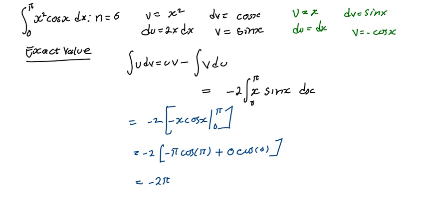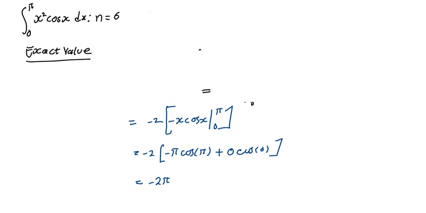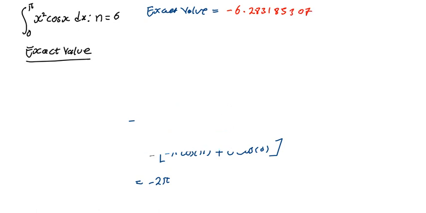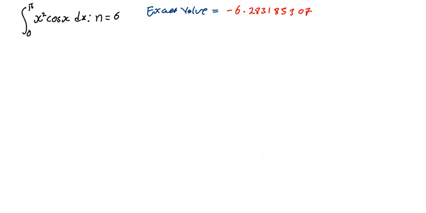So minus 2 pi is our answer. If you punch that on your calculator, we can say the exact value is equal to minus 6.283185307, like that. So that is our exact value. Let's go ahead now and approximate this using